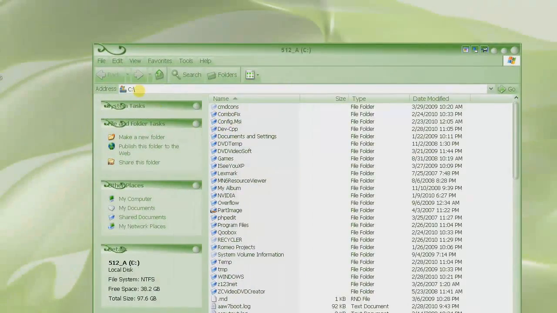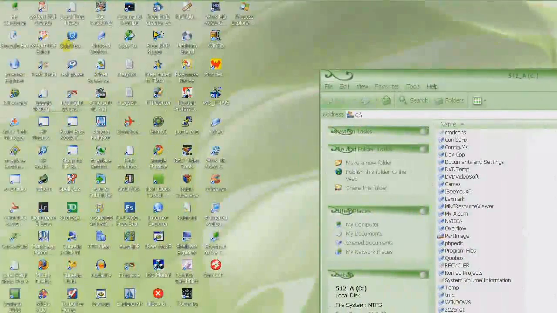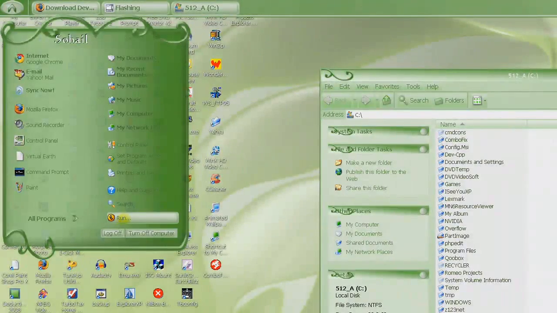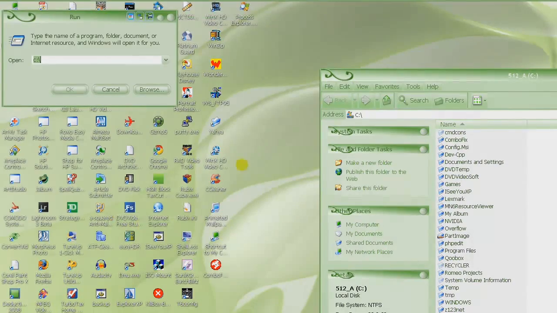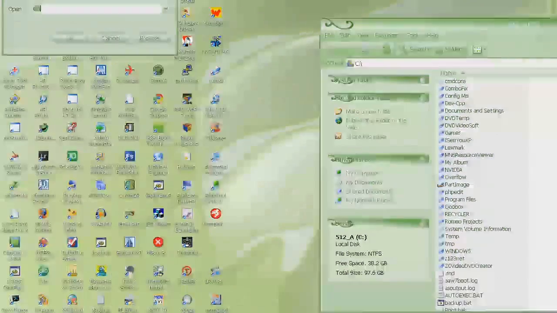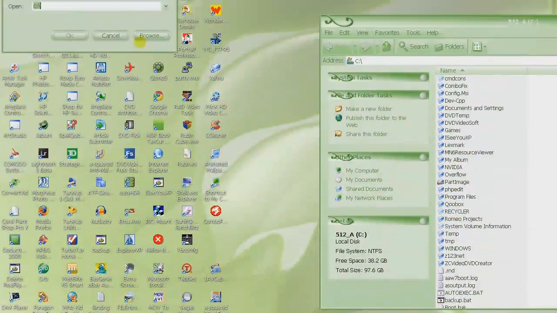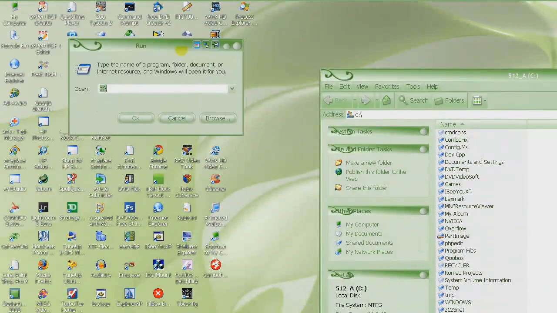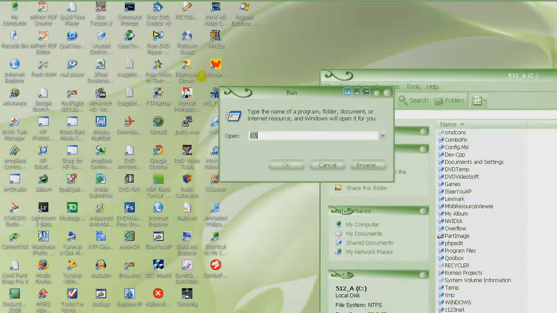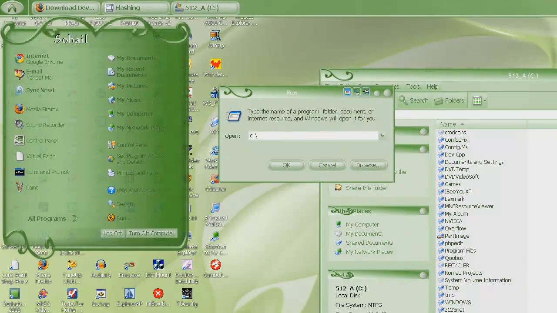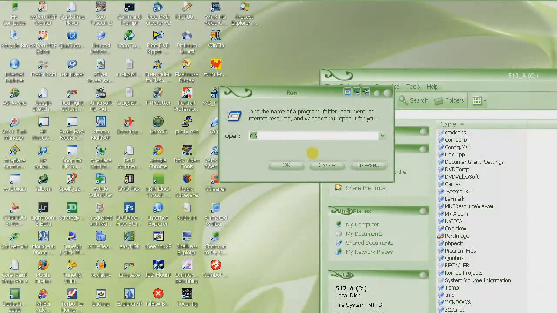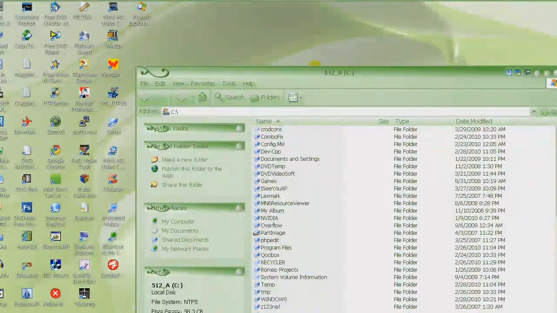So here you can see what I did was I went to the start menu, then run. My taskbar is up here; usually the taskbar is down at the bottom of the screen, wherever it is, just go to start and then click on run, and you will see this dialog box. Type C colon backslash and then press OK, and you will get